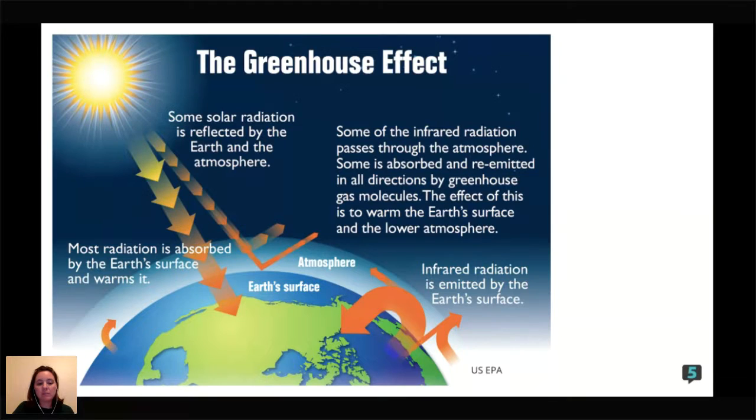And some is bounced off shiny things like ice caps, and that goes straight back out into space as well. So that solar radiation never really plays a huge part in heating the Earth, because it just bounces straight back out into outer space. This radiation that Earth absorbs, it then kind of transfers into a different wavelength and then emits as infrared. But this whole thing that we've been discussing with the solar radiation is not technically part of the greenhouse effect. The greenhouse effect is more isolated to when our gases are trapping infrared radiation that Earth is emitting.